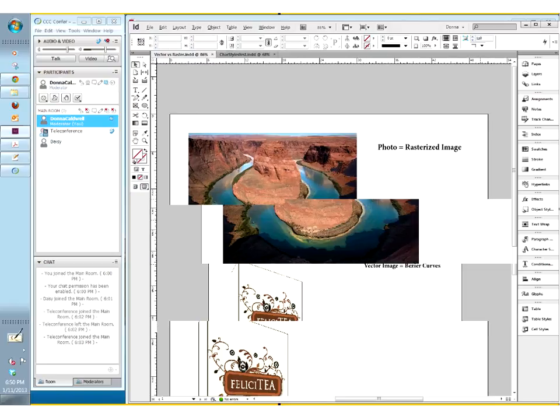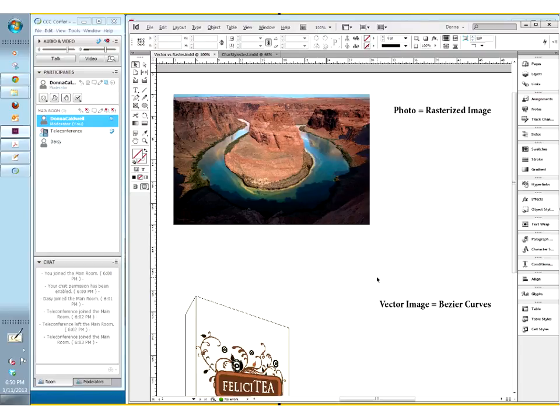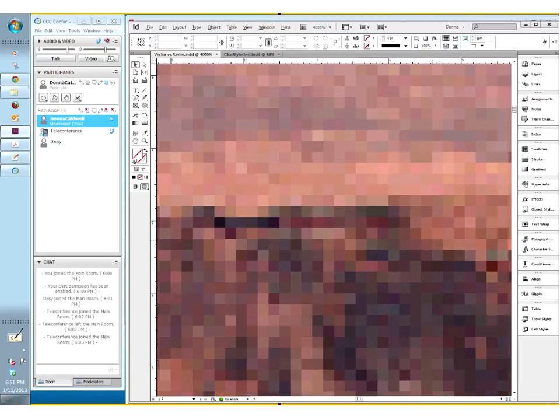A raster image editing program is for photographs, obviously, but also anything that's been scanned or digitized. And the main difference here is if I zoom in on this photo, you'll see that the photo is actually broken up into hundreds, thousands, and sometimes millions of little individual pixels that give us the illusion of a continuous tone, which is what photographs used to be when we took them with non-digital equipment. So as I zoom back out, you can see that your eye starts to blur these dots,